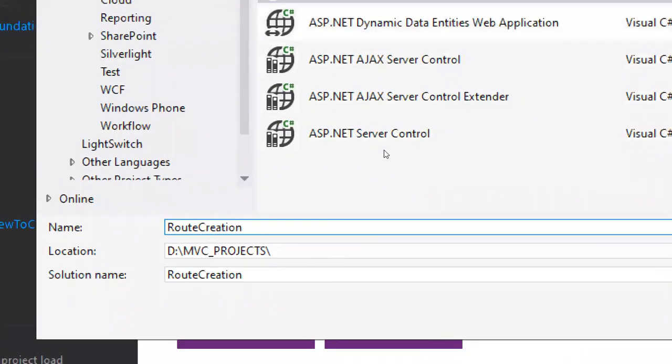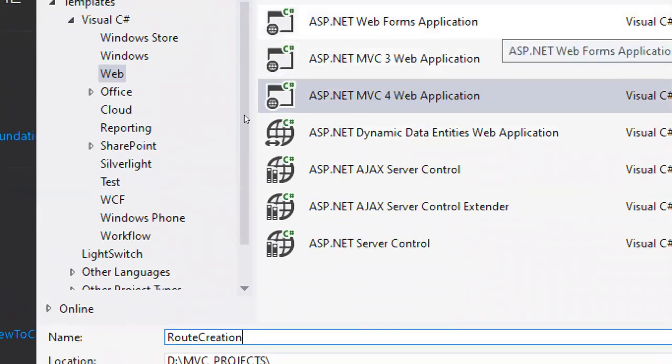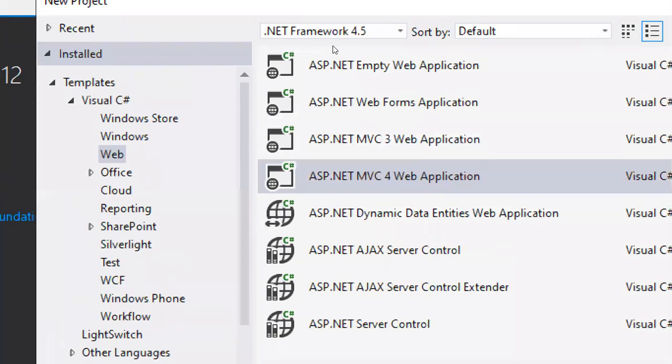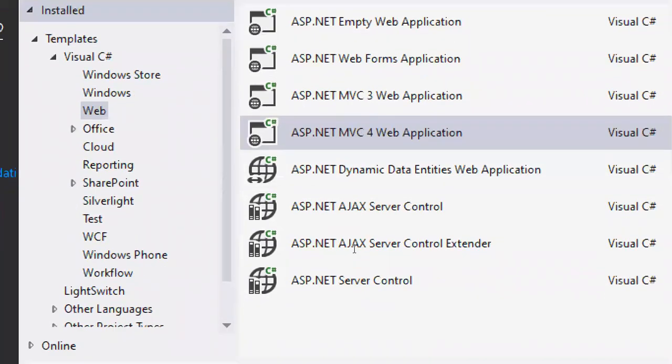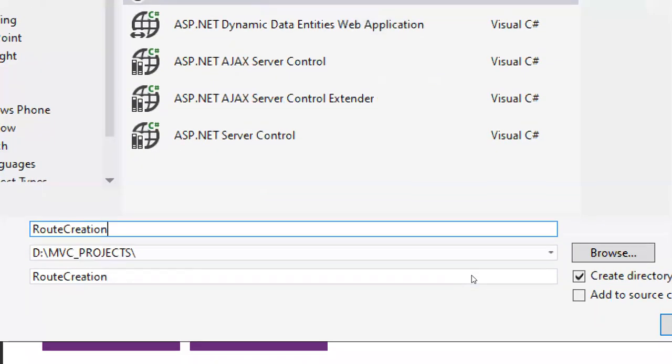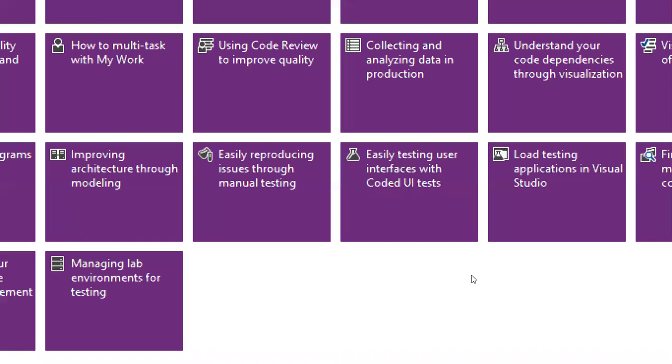This is the name of my project. On the left hand side we have to choose web. On the right hand side we have to choose MVC4 web application. Now we click on OK.